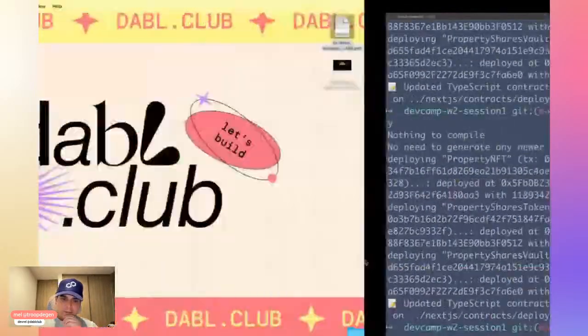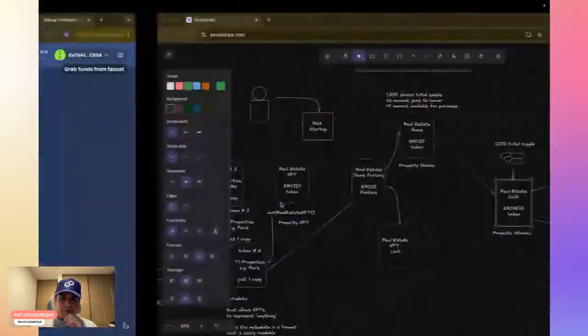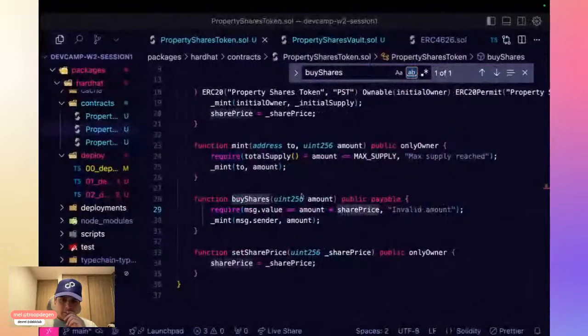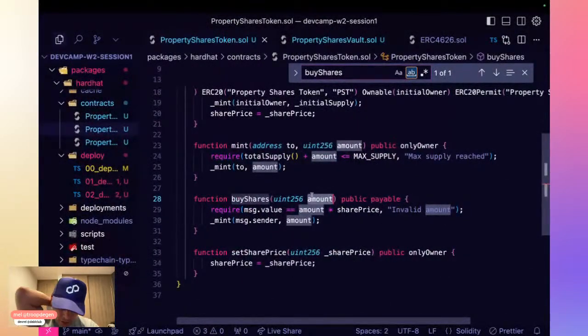See what I did wrong. In the buy shares code, we're receiving an amount, but the message value has to be the uint amount times the share price. So if the share price is 1, the value has to be the same as the amount.